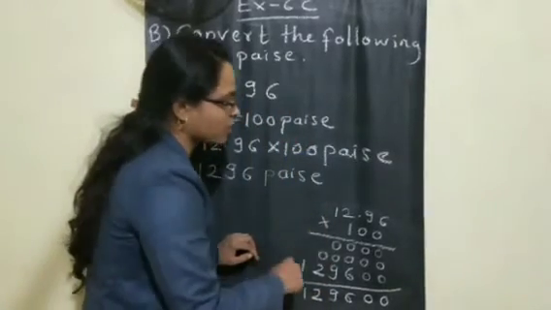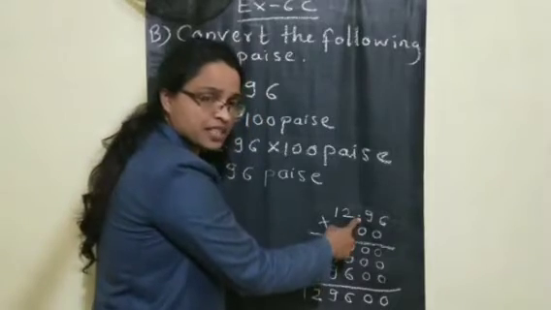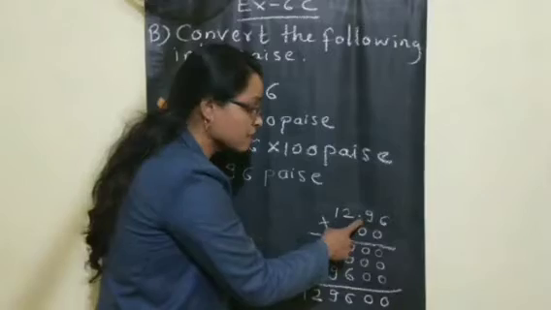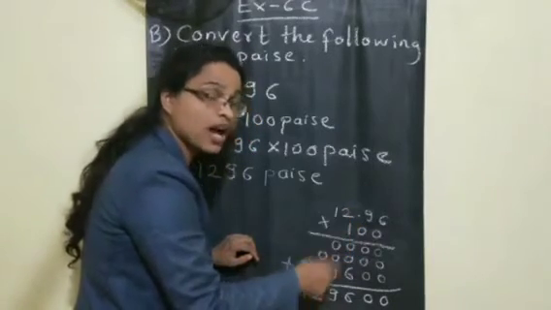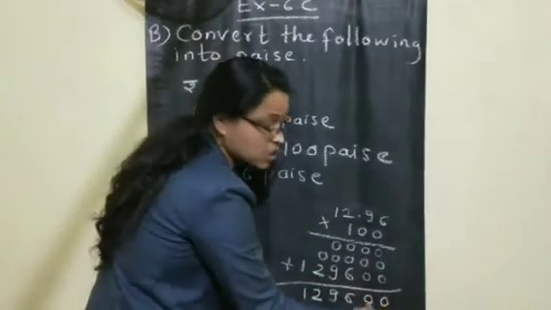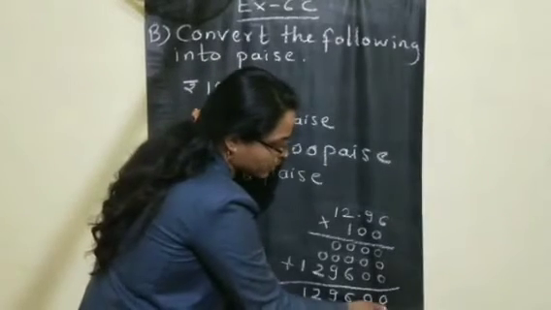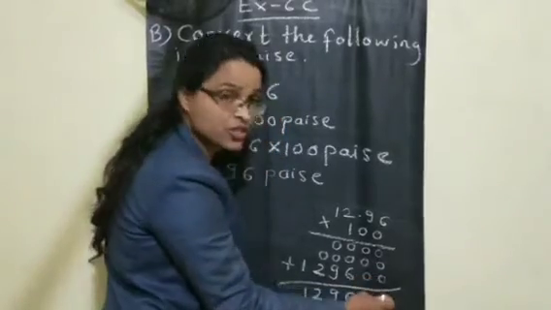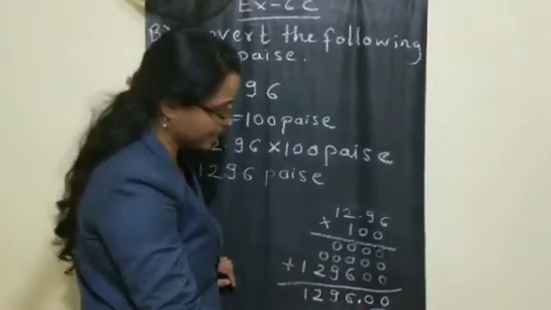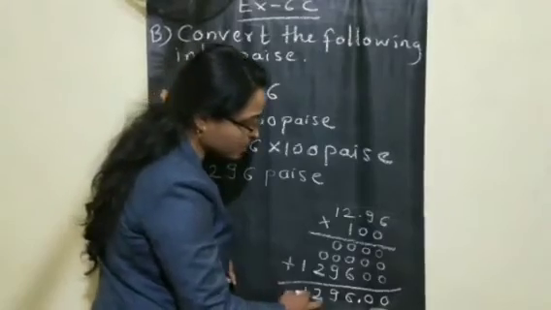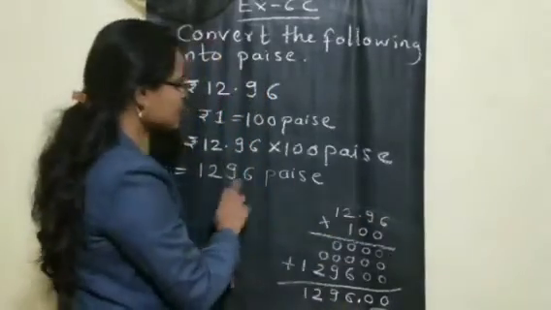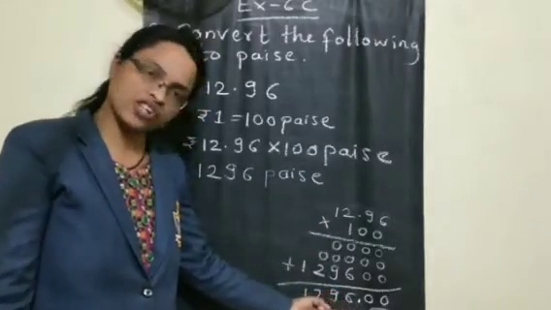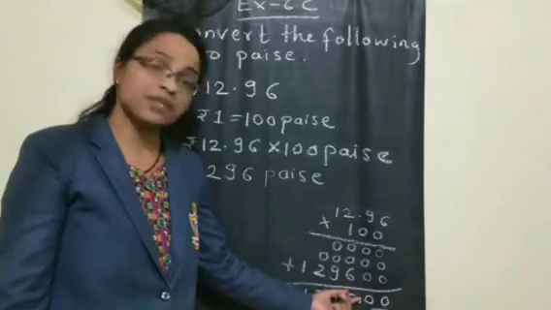Now after adding all these numbers, 0, 0, 6, 9, 2, 1. Okay. Now if you see where the dot is present here, it is after the 2-digit number from the backside. Similarly, in the answer also you have to put the dot after the 2 digits from the backside. So after 2 digits means here it will come. So after the dot, if 0, 0 is there, it means there is no value for that. So how much answer are we getting here?